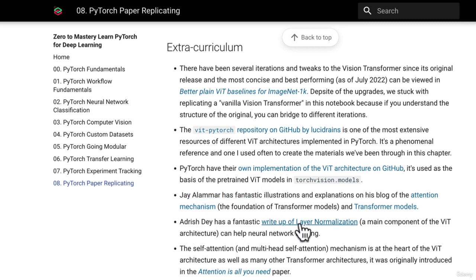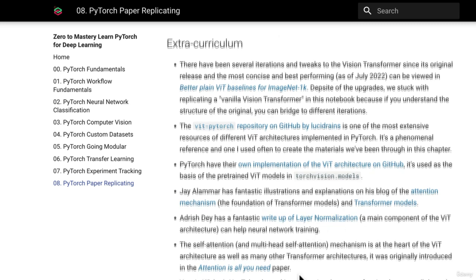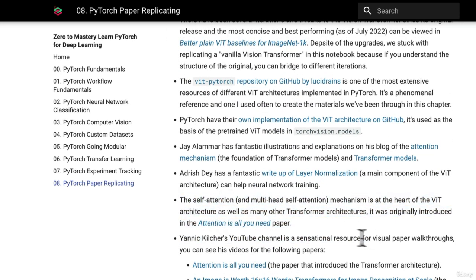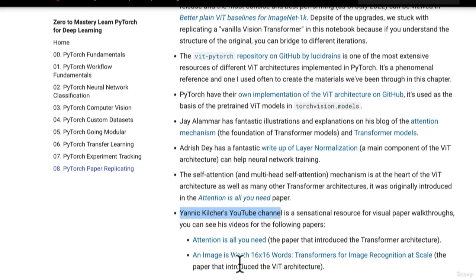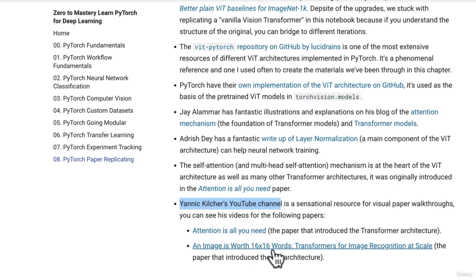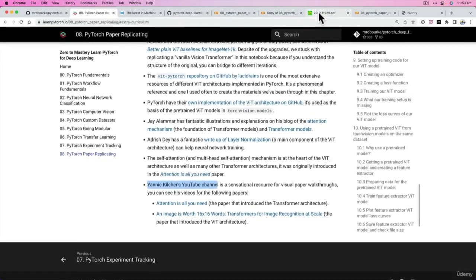If you want to learn more about layer normalization, Ardrish Day has a fantastic write-up of layer normalization here. And then if you want to keep going with attention, there's the original paper, Attention Is All You Need. And finally, Yannic Kilcher's YouTube channel is a sensational resource for visual paper walkthroughs, and there's one for Attention Is All You Need. And of course, An Image Is Worth 16x16 Words, which is the paper that we replicated